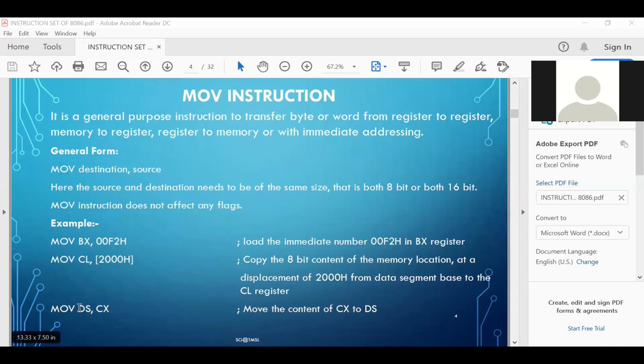Okay, and the next is move DS comma CX. What is the content in CX? That will be moved into DS, the segment register. Okay, so in this way you can write the move instructions. The next instruction is